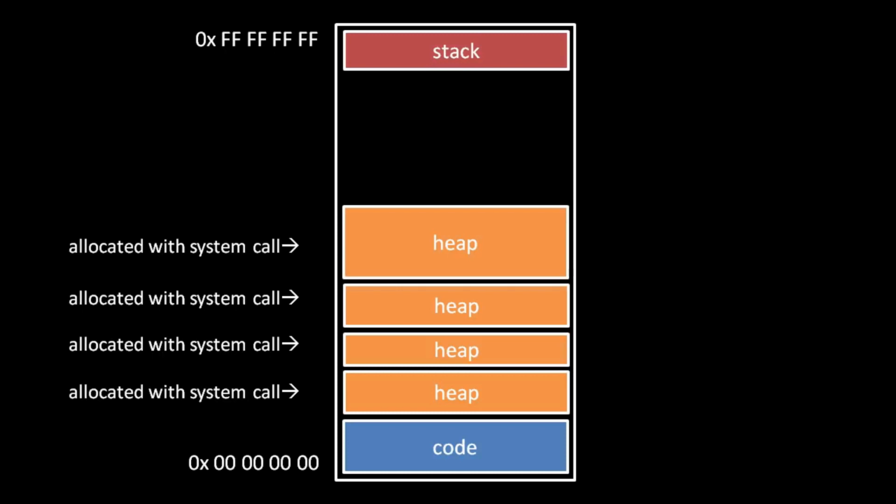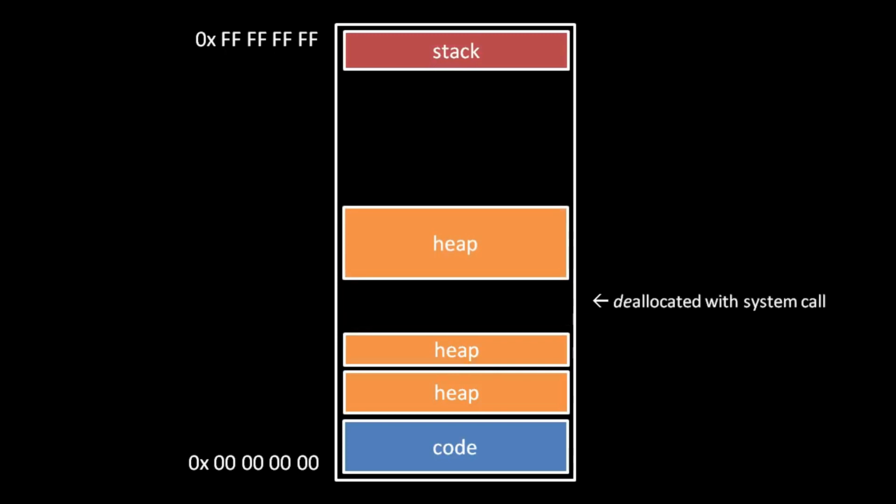In the call, the process specifies what size contiguous chunk it wants, but the OS decides where to locate these chunks in the address space, and the chunk locations are not necessarily adjacent. When a process is done with a chunk of heap, it should give the chunk back to the OS with a system call to deallocate. It is the responsibility of the OS to keep track of which portions of the address space are free for